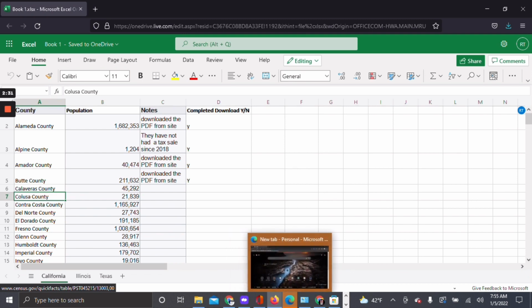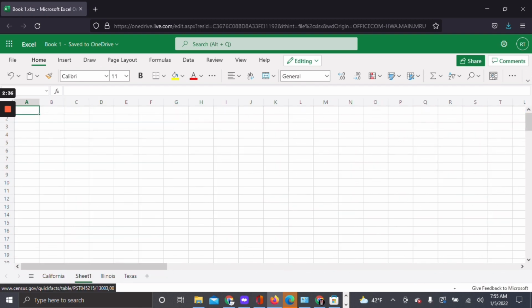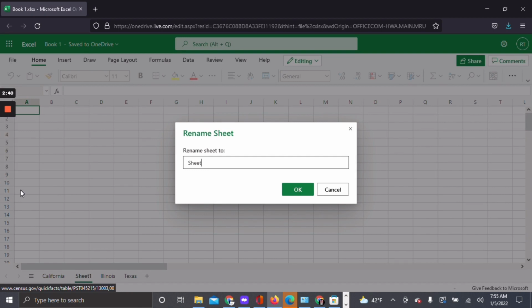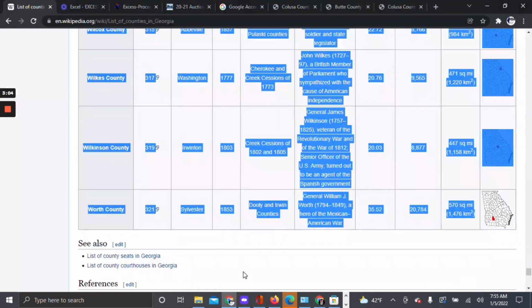We're going to go to the internet because I'm about to add Georgia for you guys. So I'm going to create a new tab, and in that new tab, I'm going to rename it Georgia. Okay. One second here. All right, so let's see here. Now we're going to go to